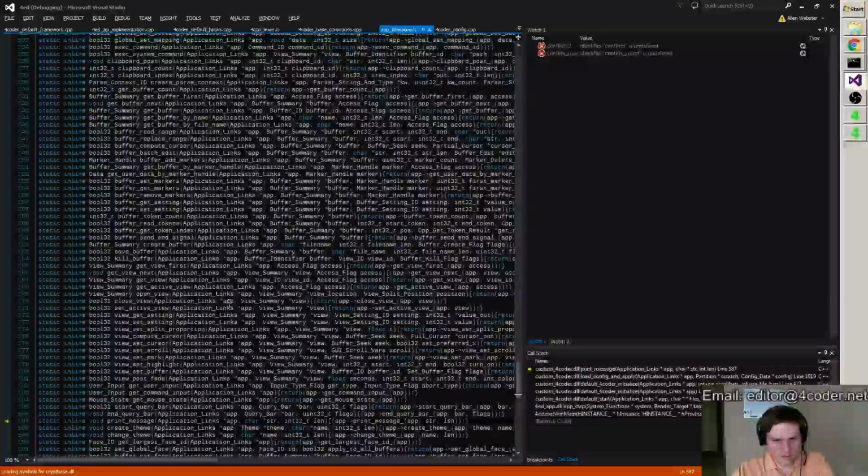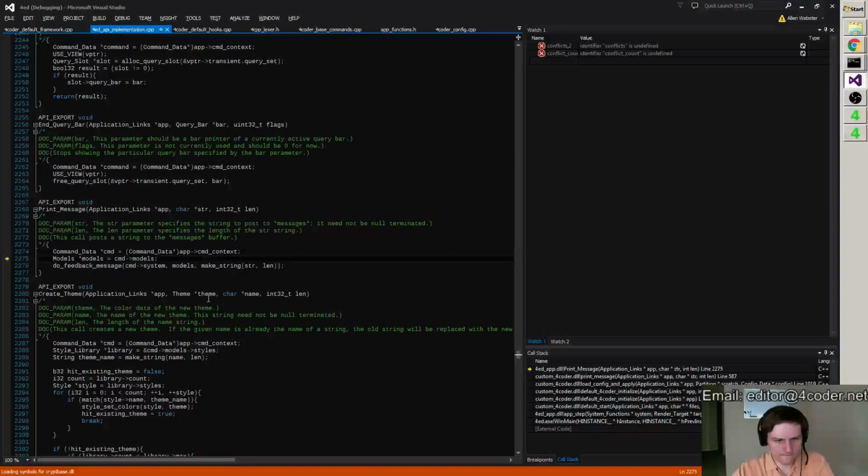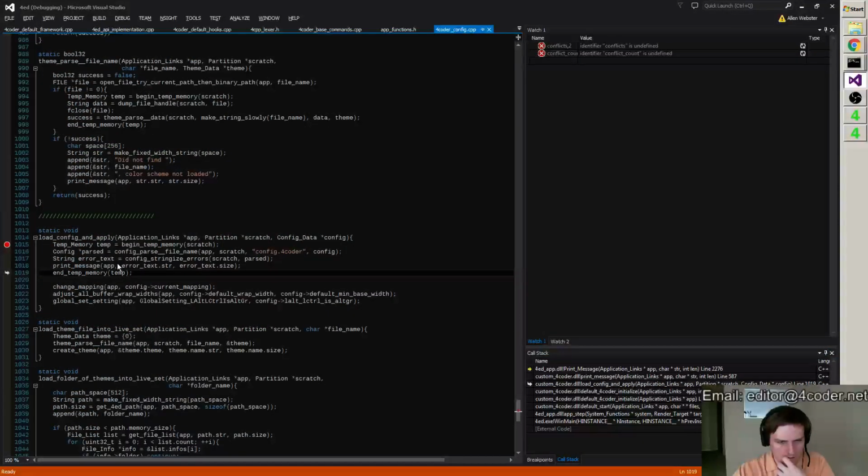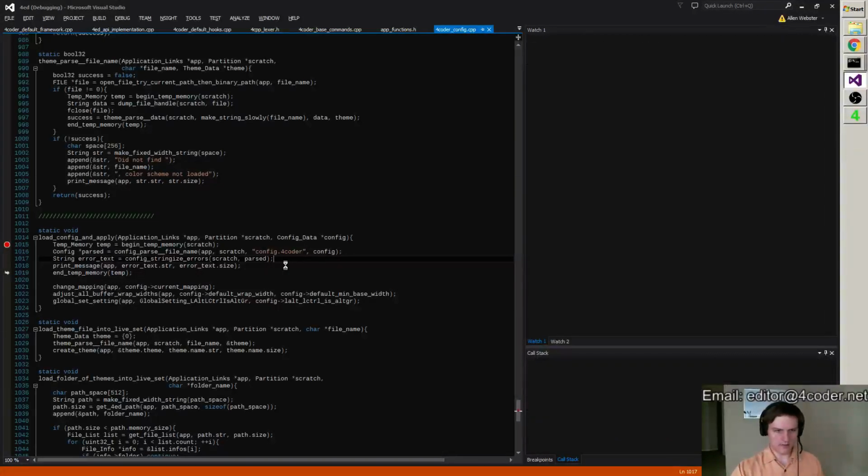Print message. Length of 0, huh? Why is that coming back with a length of 0? I mean, it clearly pushed the right string on there. Let's take a look.